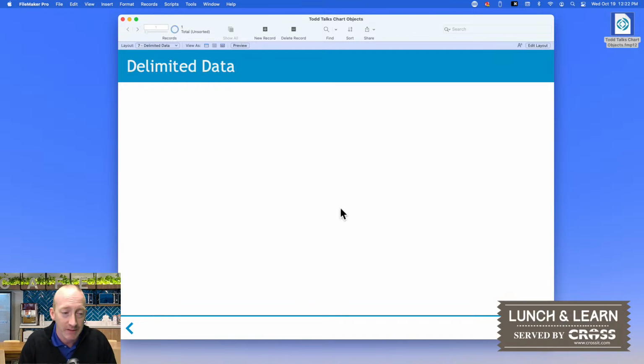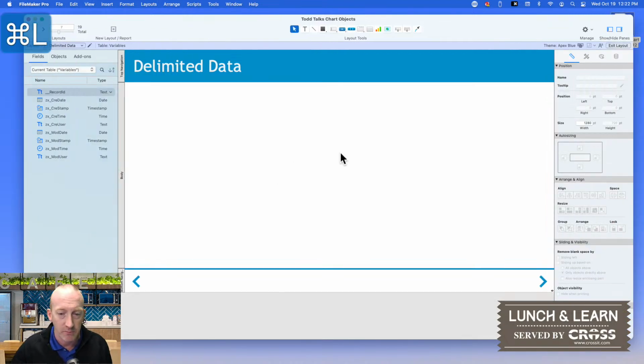All right, so now we get to delimited data, okay? And this one is interesting. It gives you a lot of flexibility, actually, because whatever is in a return separated list is what is going to go ahead and show up on the chart, okay? So what does that look like? Well, let's go into browse mode,